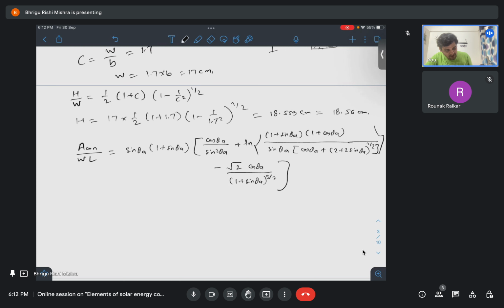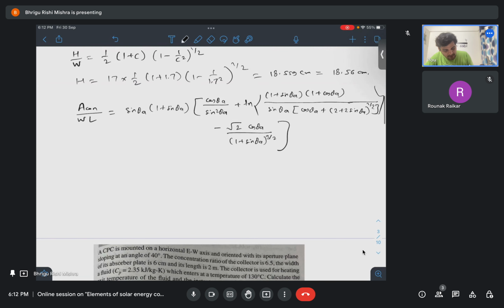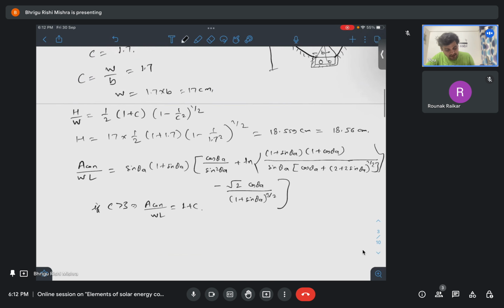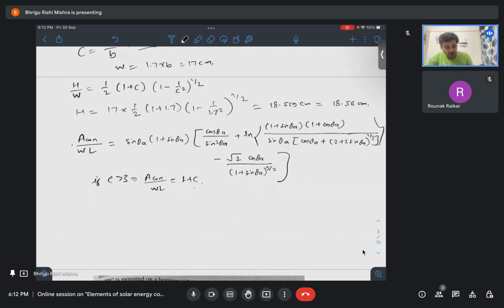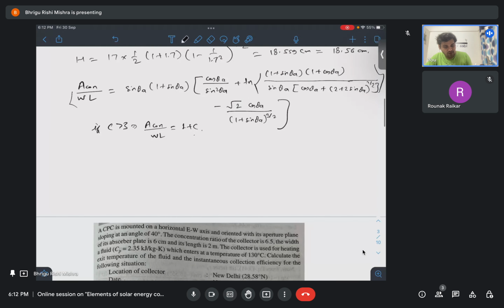Also, if you remember from the lecture, if C is greater than 3, then we can write A concentration by WL equals 1 plus C. But for this case, since C is 1.7, we cannot use this formula; we need to use this one. So if you put all the values,